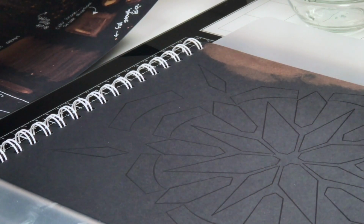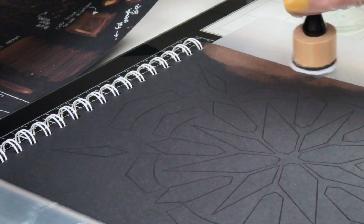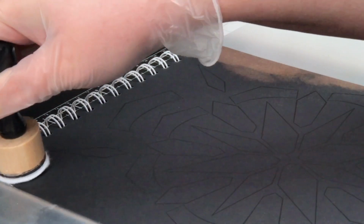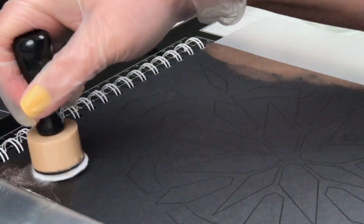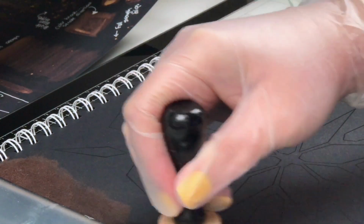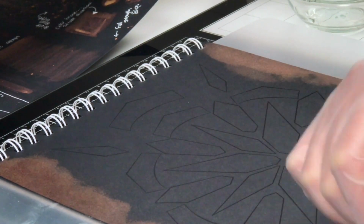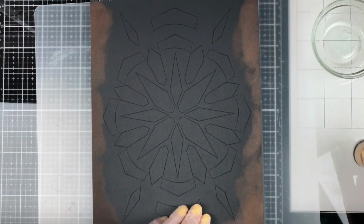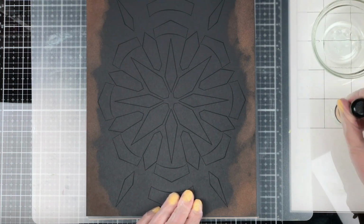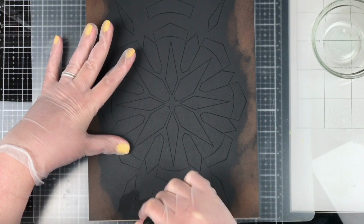When I was doing my samples, my experiments, I was also using my heat gun a little bit to help dry out some of the things I was trying. So I have my heat gun handy if I need it. Okay. So like I said, this doesn't smell that strong because I'm not using a lot. I'm using quite a small amount here. But if it does get overwhelming in smell, I will take Rose out,